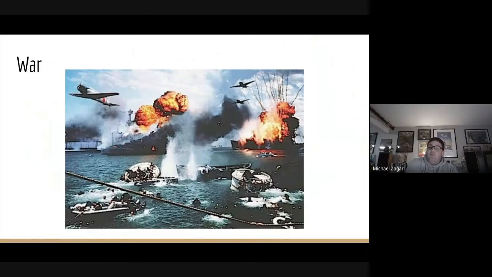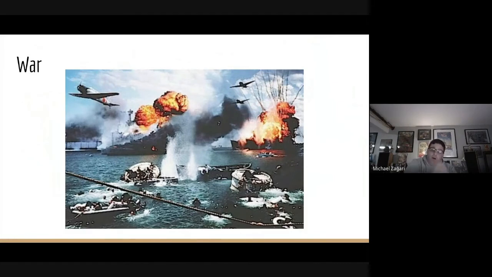At roughly 7:48 a.m., December 7th, 1941, the Japanese are going to launch an aerial bombardment of our Pacific Fleet based at Pearl Harbor from this new weapon of war that both the United States and the Japanese are going to be using in the Pacific, and those are aircraft carriers. And the Japanese are going to launch this sneak attack against the American fleet, and it's going to catch us off guard to some extent.